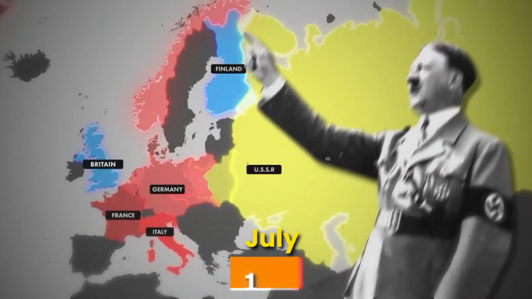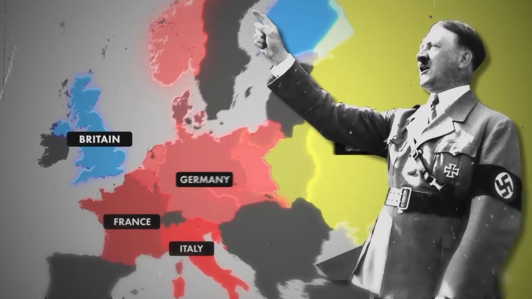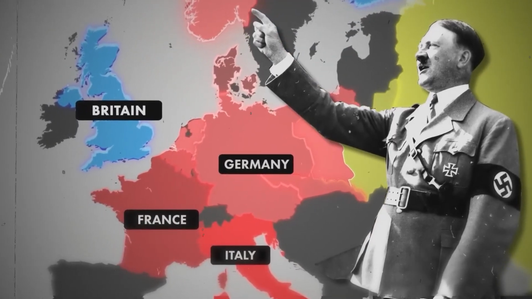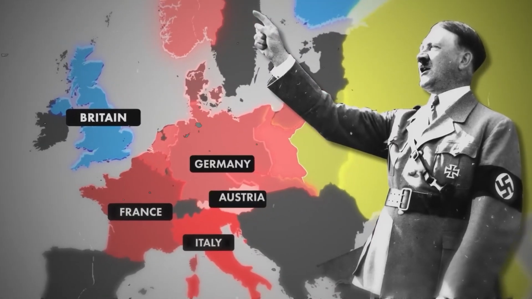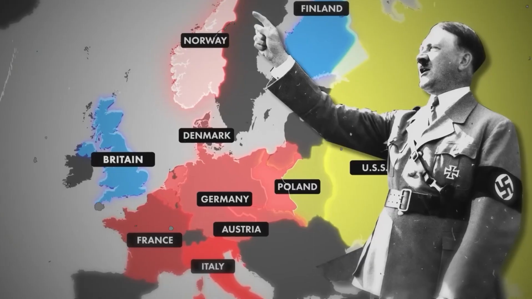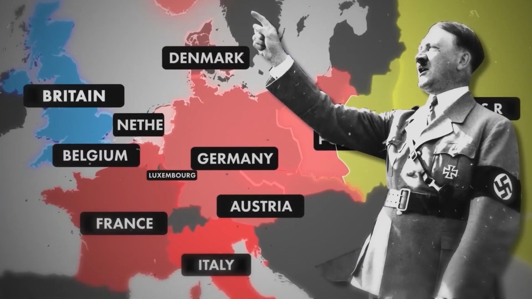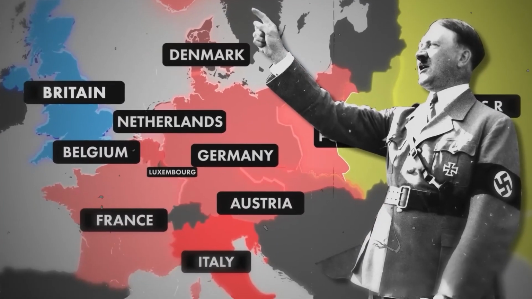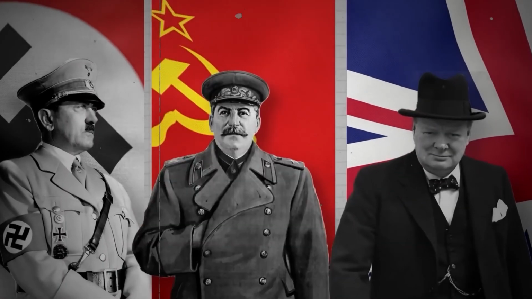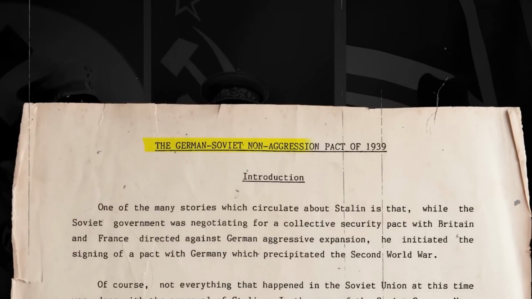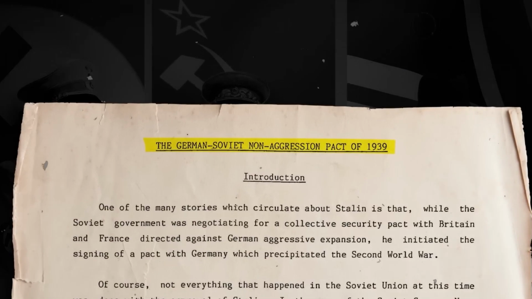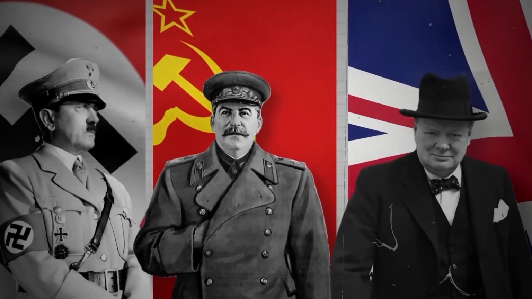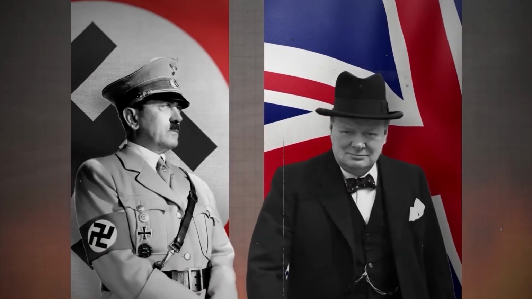By July 1940, the situation was that Hitler had established control over nearly all neighboring countries: Austria, Poland, Denmark, Norway, Belgium, Luxembourg, the Netherlands, and France. At this point in time, only three major powers remained: Hitler's Germany, Britain, and the Soviet Union. Germany and the Soviet Union had a peace agreement, so Hitler believed that the Soviets wouldn't attack Germany. He thought that Britain was the only one remaining to fight.